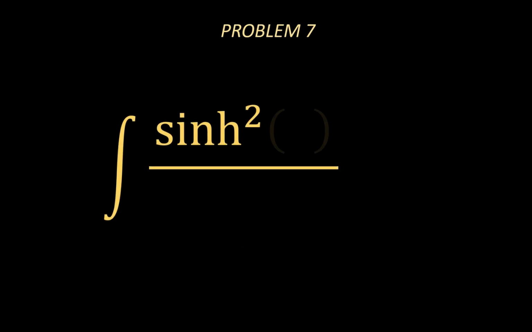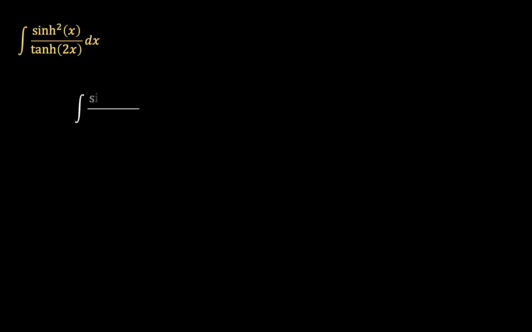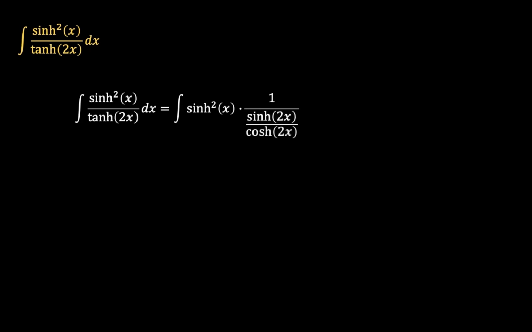So problem number 7 is the indefinite integral of hyperbolic sine squared x over the hyperbolic tangent of 2x. The problem, as I said, is interesting. The first thing that we would like to do is express the hyperbolic tangent of 2x in the form of the primary hyperbolic sine and cosine terms. So here we have